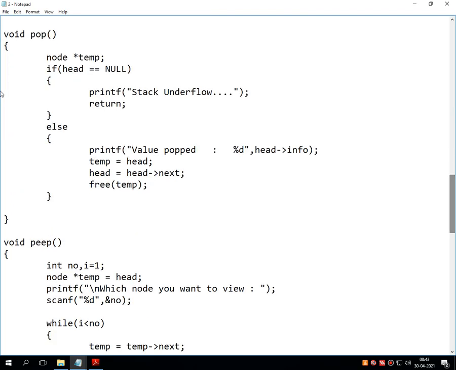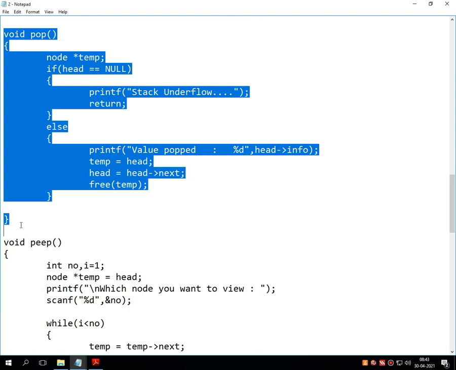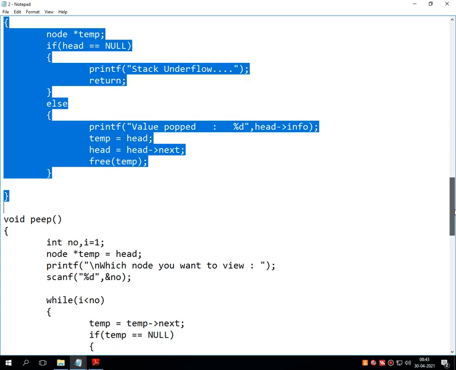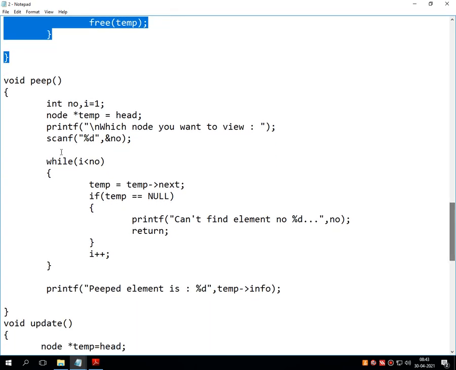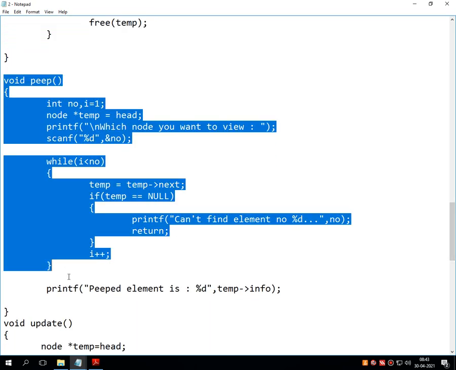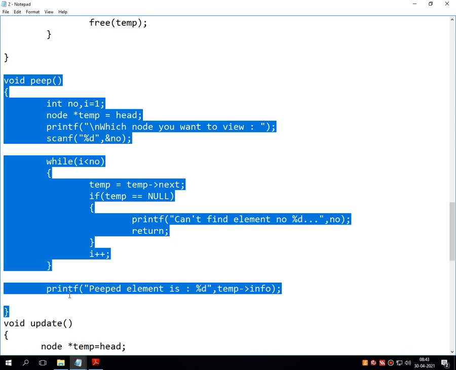Again pause the video and write down this pop operation. Again pause the video and write down this peep operation.